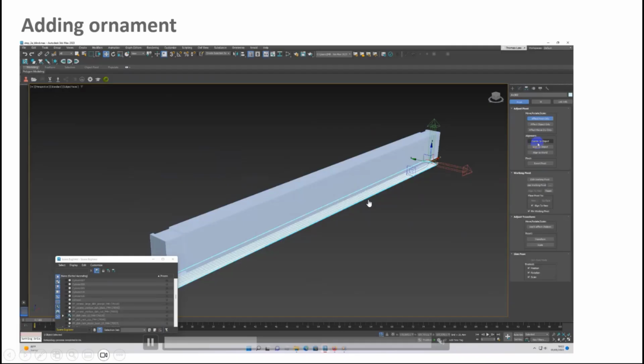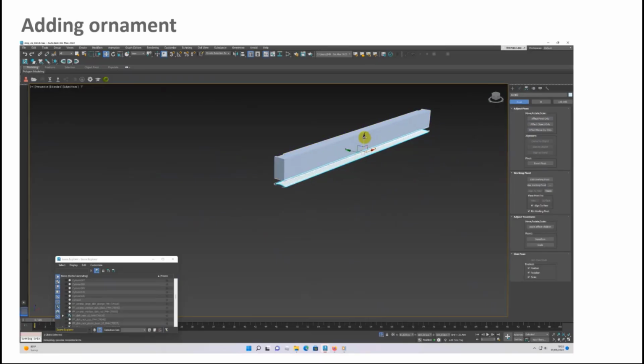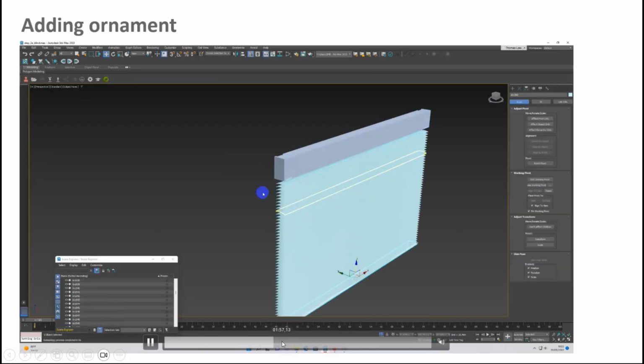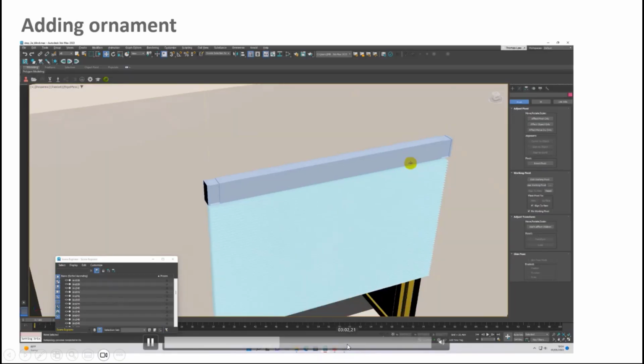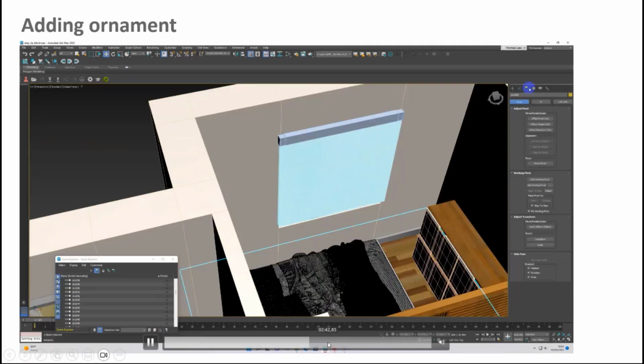Why? Because with a NURBS model, when you put some material and render, I think the best way is first to convert or retopologize your model. I think it's easier.